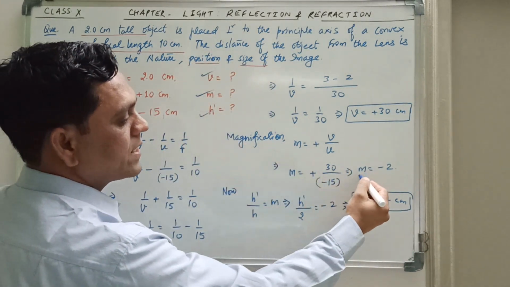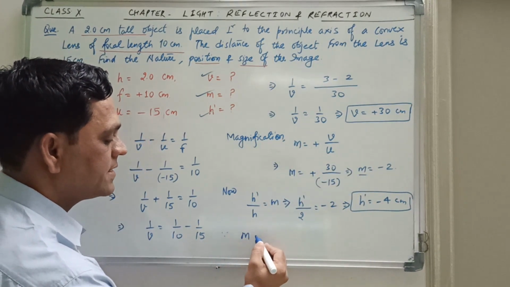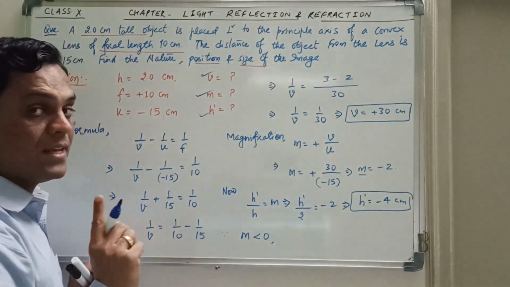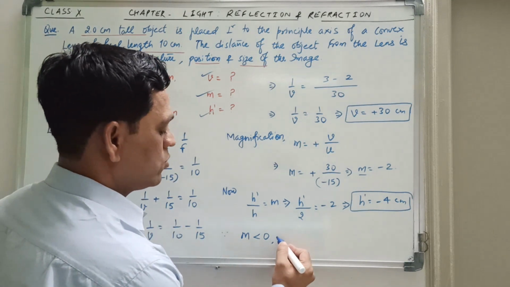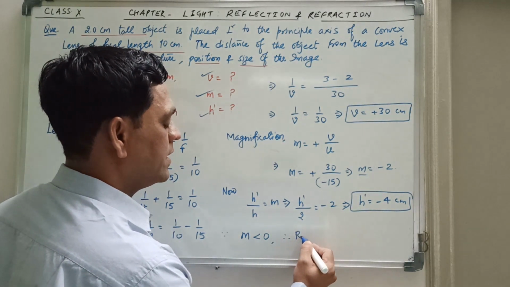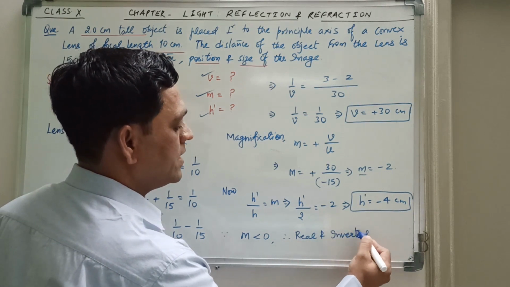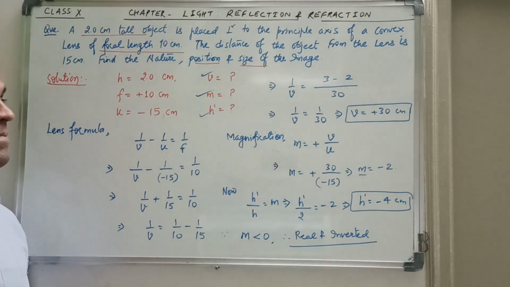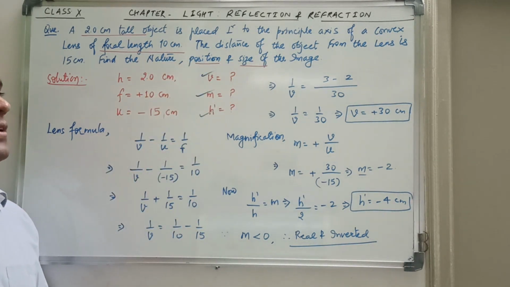What is the nature? So what is the value of m, negative or positive? Then we write here, since m is less than 0, that is negative here, and whenever the sign of the magnification is negative, the image will be real and inverted. So m is less than 0, therefore you say the image will be real and inverted. So this completes your whole question here. So in the same way that we have done in case of spherical mirrors, we can solve a question and find whatever is given to us, nature, position and size of the image also.